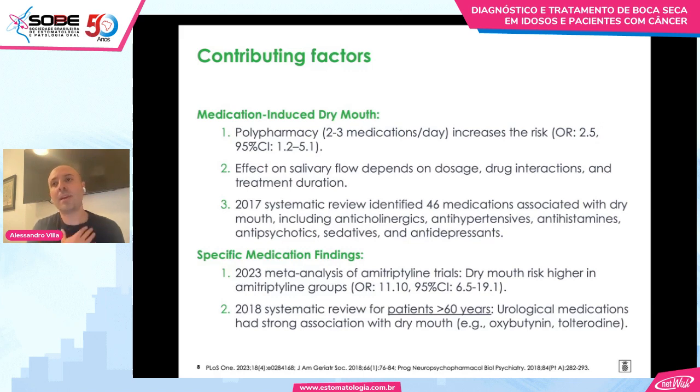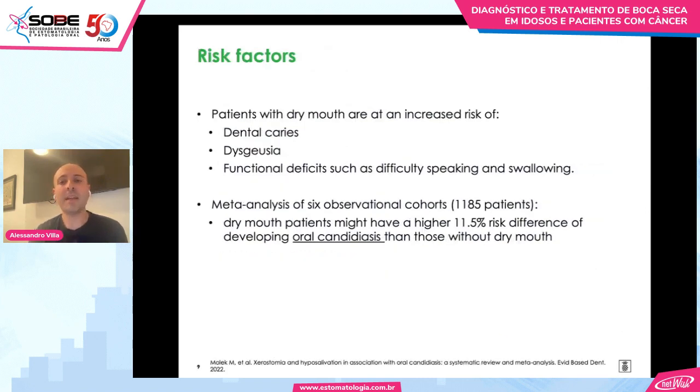And why are these important? Because whenever we take a patient history and we go over the medications that the patients are on, we may be already able to identify those patients that are at higher risk of developing dryness, which we know is associated with not only a diminished quality of life, but also they're at higher risk of developing cavities and secondary infections. And specifically, a patient with dry mouth may also develop taste changes, functional deficits with difficulty swallowing or speaking,